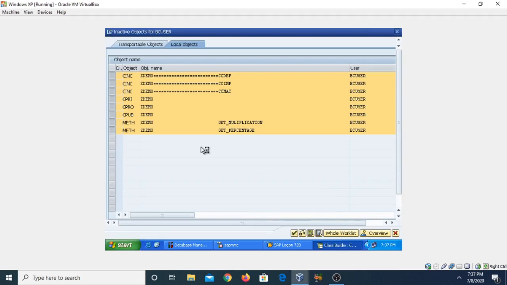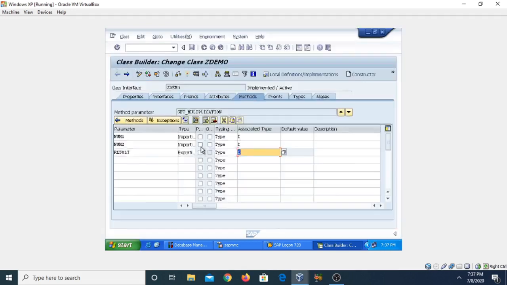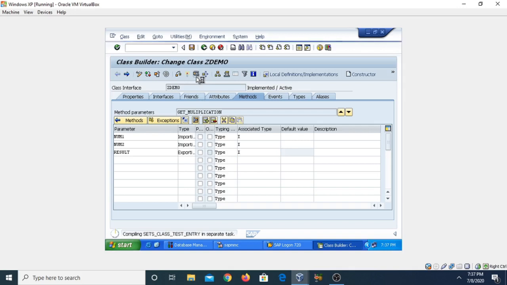And then execute the program. When you execute it, it will open the test environment where you can test your particular class. For testing purposes, you need to create the object of a class, so we will create an instance of a class there.